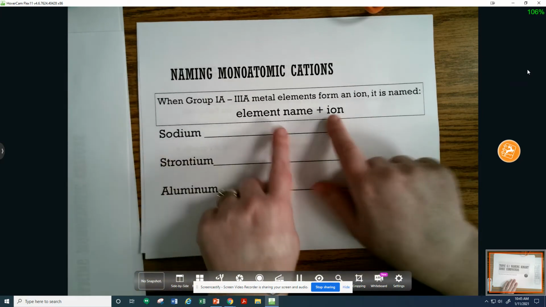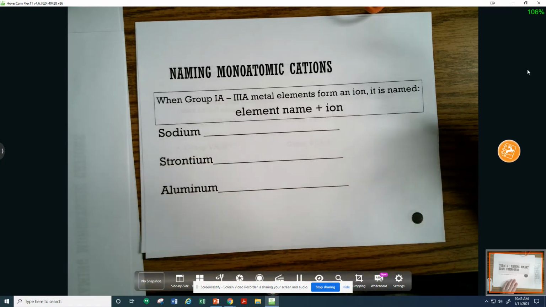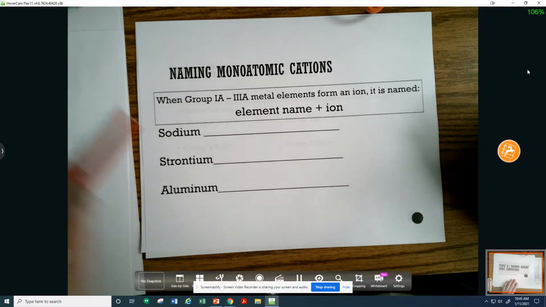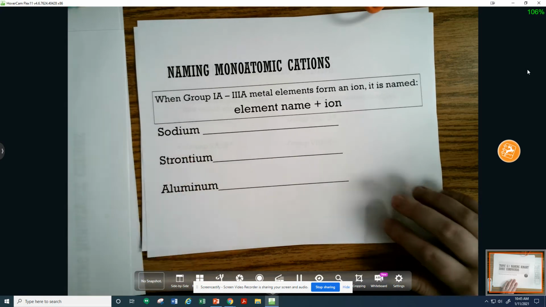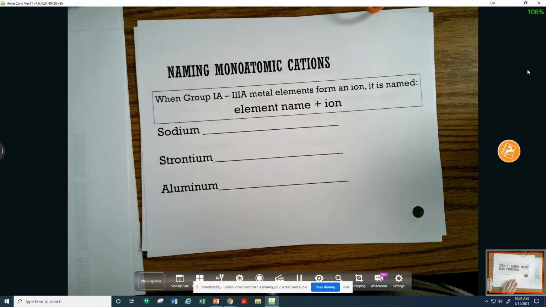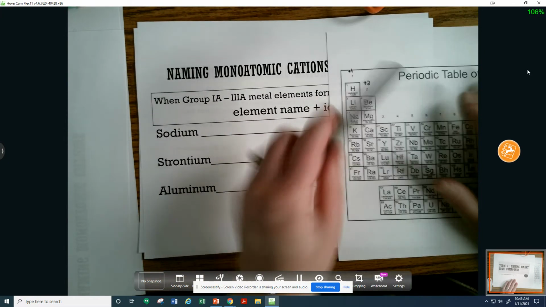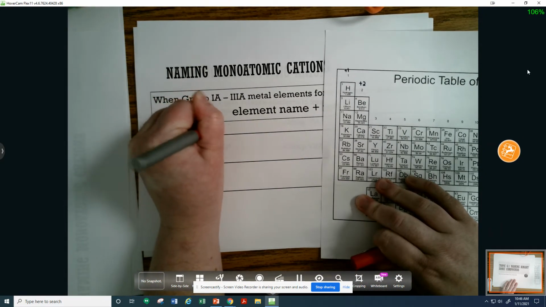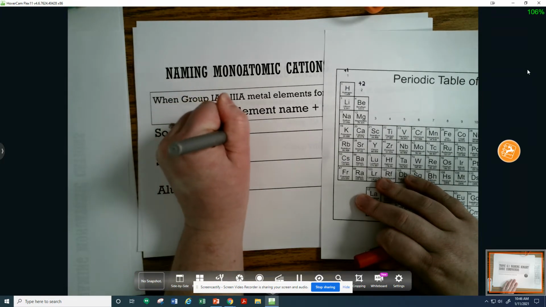So there is a box here on your notes. Go ahead and fill this in. When we name a cation, these are really easy to work with. All you need to include is the name of the element plus the word ion. To practice, sodium is found in family 1. So sodium as an ion is going to make Na with a +1 charge. If we wanted to name this, it would be called a sodium ion